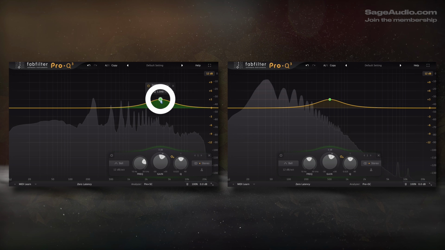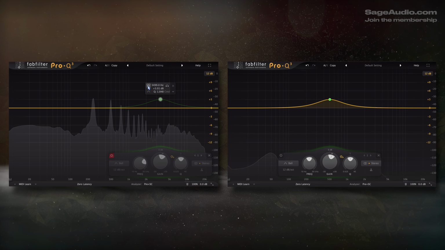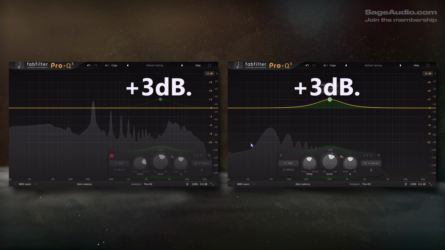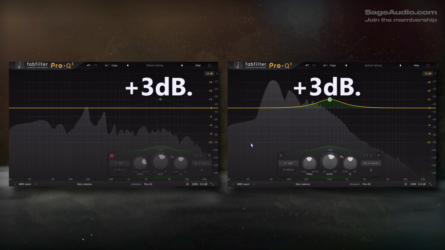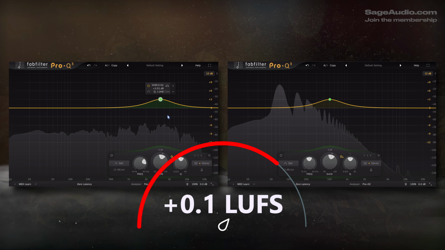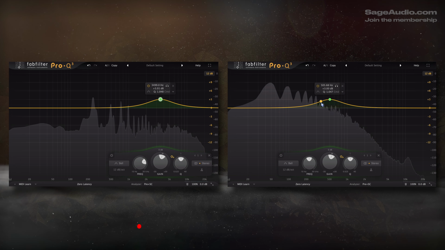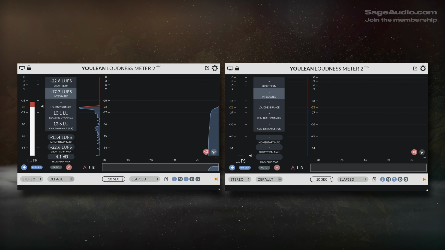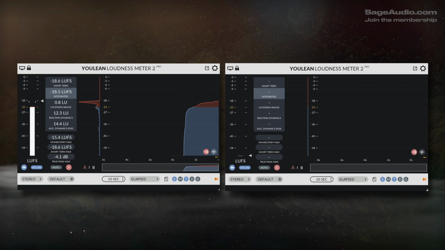I'll boost 3.5 kHz on the vocal, then bypass the filter as I enable a bell at 500 Hz on the bass. Again, both are being amplified by 3 dB. Notice how the perceived loudness of the overall mix increases more when the 3.5 kHz filter is enabled than when the 500 Hz filter is enabled. I'll also use LUFS meters on both to show how the 3.5 kHz filter increases the measurement more than the